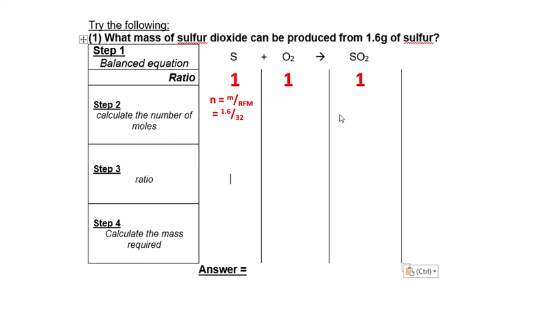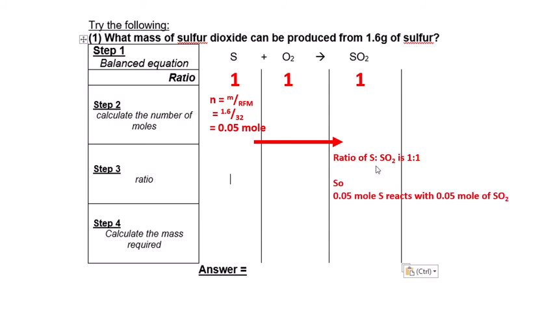So number of moles of sulfur, 1.6 grams. The mass of 1 mole of sulfur is 32. We get that from our periodic table above sulfur in the periodic table. So 1.6 over 32, 0.05 mole. Then we use our ratio. So our ratio going between this column and this column is 1 to 1. So what that means is 0.05 mole of sulfur reacts to produce 0.05 mole of sulfur dioxide,